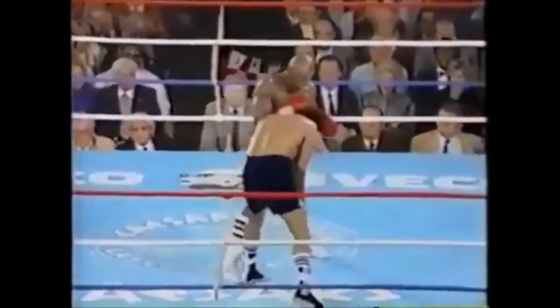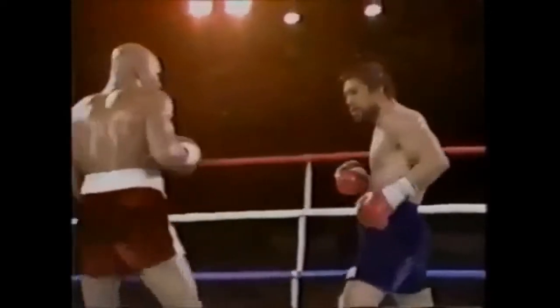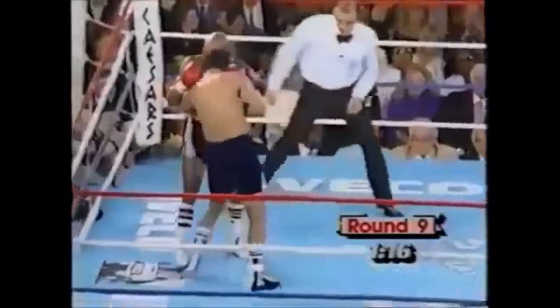Another right hand blocked by Hagler. Hagler with a three-punch. Hagler slipping the jabs and pounding the body of Roberto. Hagler said he learned a great lesson from that controversial draw. He knew he ran out of gas down the final 5 rounds. He said he learned how to...